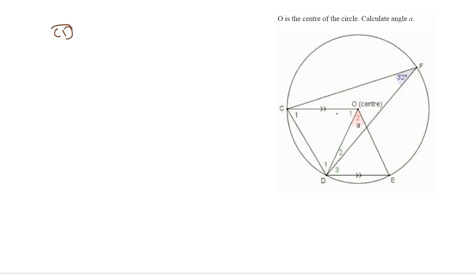So we can see that the central angle O also has CD as an arc. So that means this is double the subtended angle, 64. What can I do more? What can I do more is that I can